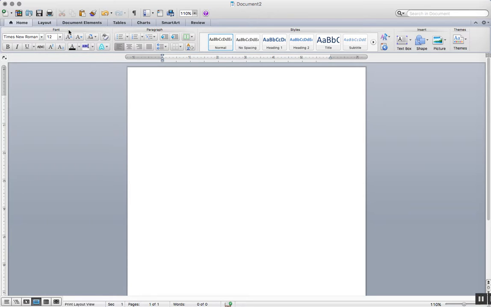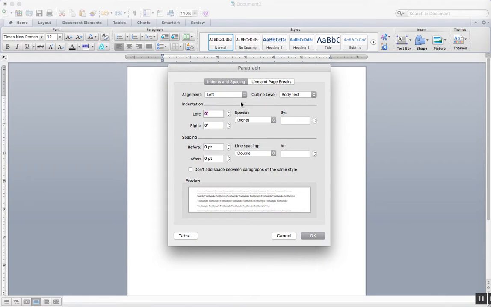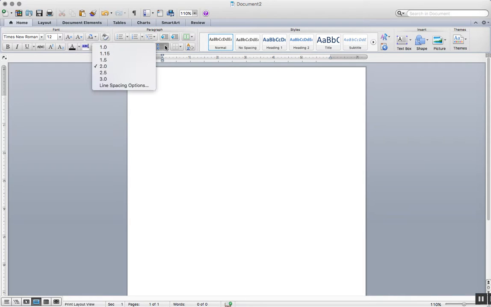And once that's set up, you can go to this icon here to make sure that everything is double spaced. So you're going to select 2.0. If for some reason yours doesn't look that way, under paragraph you'll see a little drop down arrow, which is not on this version, but if you click on that, a box like this will show up, and this is where you want to make sure the spacing after is set to 0 and the line spacing is set to double. But if you have this icon, you would just click it there, and under layout,